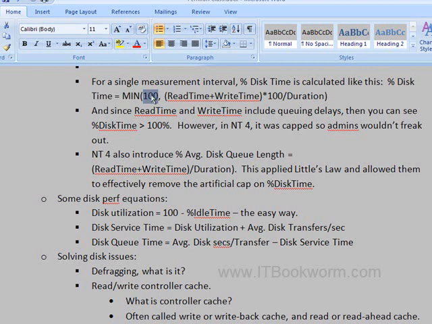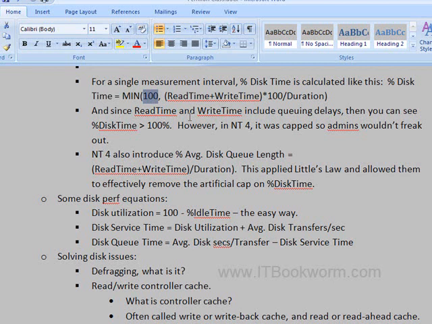So they give it a false cap at 100 so that it never shows over 100, because admins were going, 112%. What does that even mean? How can a disk be more than 100% utilized? Overclock. Yeah. No. Mark Friedman at Microsoft, who wrote the performance guide and the 2003 resource kit, told me that